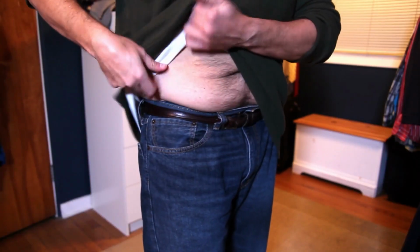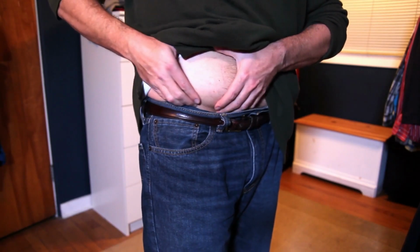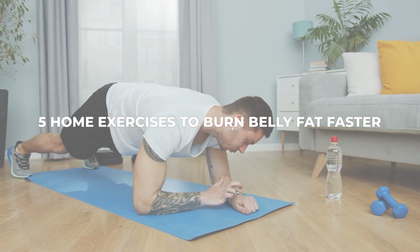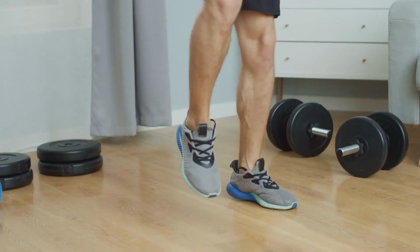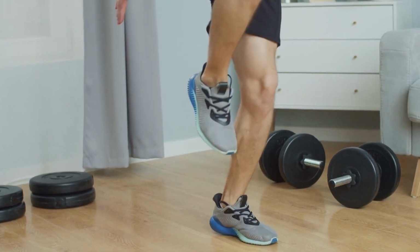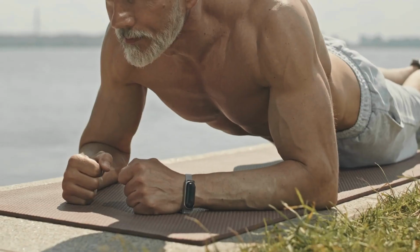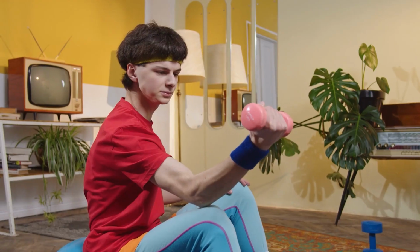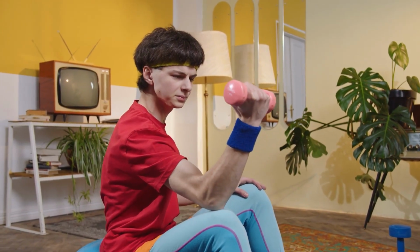As men get older, belly fat gets easier to gain and harder to lose. In today's video, we'll discuss 5 exercises you can do from home to burn belly fat faster. These exercises are designed to boost your metabolism, increase your testosterone levels, and help you get a leaner, more attractive midsection. We'll also show you the worst exercise you can do to lose belly fat, so make sure you stay tuned to discover what this exercise is and why you should avoid it if you want to lose belly fat